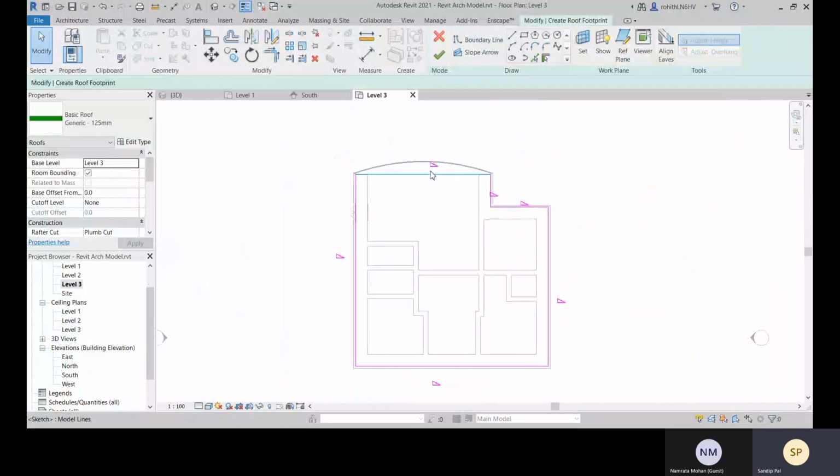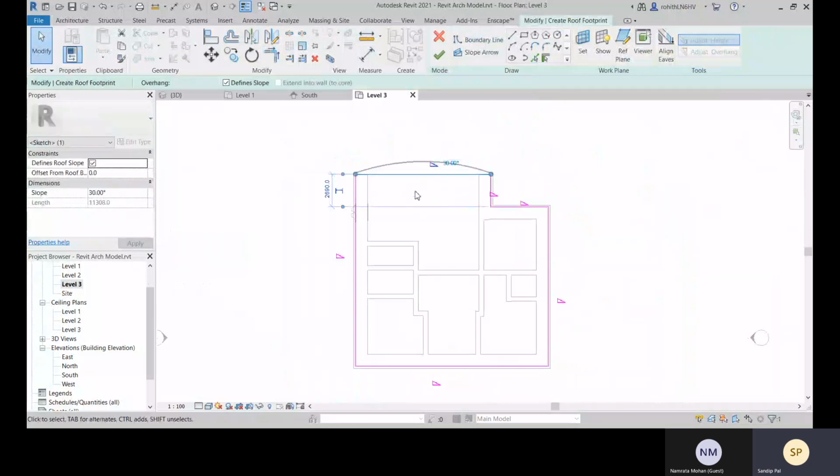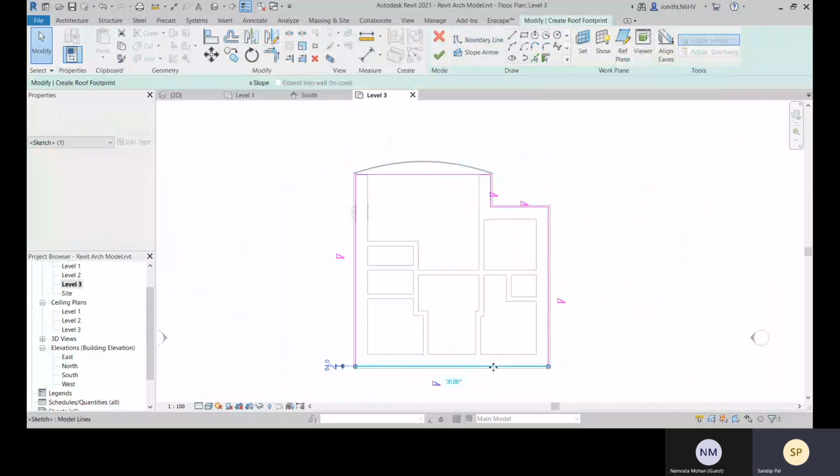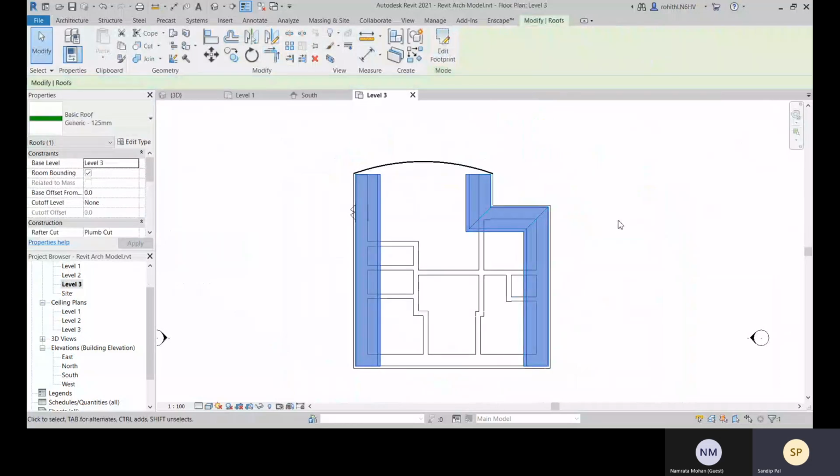If you don't want to apply slope, you can select it, and there you can decrease the slope value, or you can uncheck this. For this one you don't need any slope, so you can also make it like that. Let's define this: there will be no slope for these two sides, and you finish editing mode.